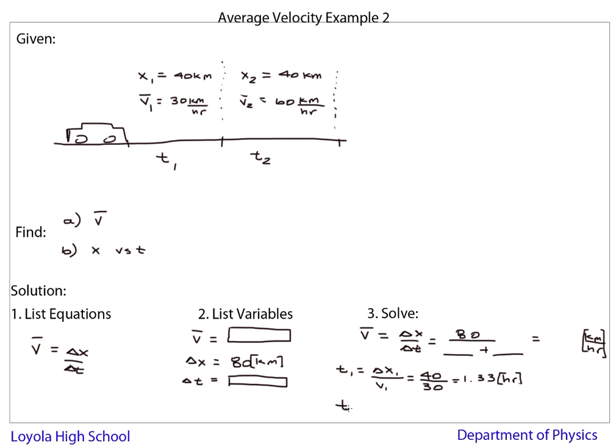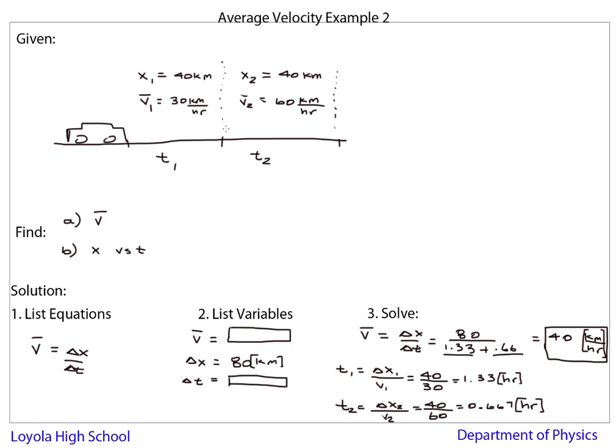Our time 2 is going to be the change in position for the second one, which is also 40 kilometers, but at a higher rate, 60 kilometers per hour, and this is equal to 0.667, or 66 repeating, hours, a little over half an hour. So we've got the time, and if you do the math here, this becomes 40 kilometers per hour, which, again, if you compare it to